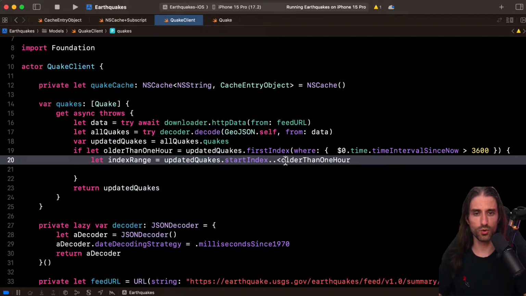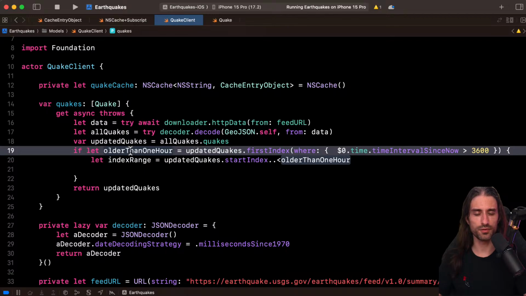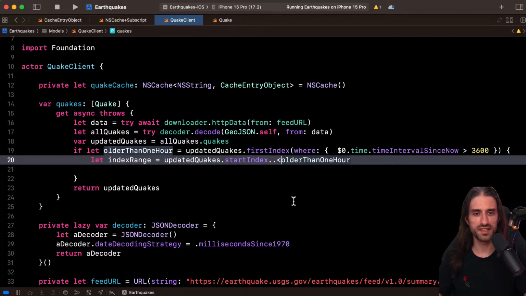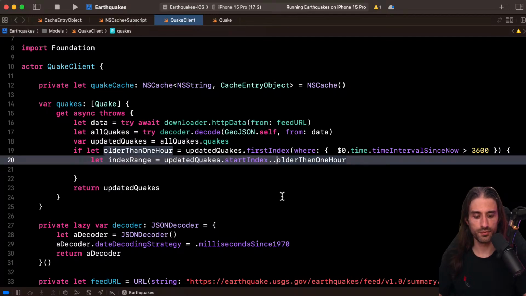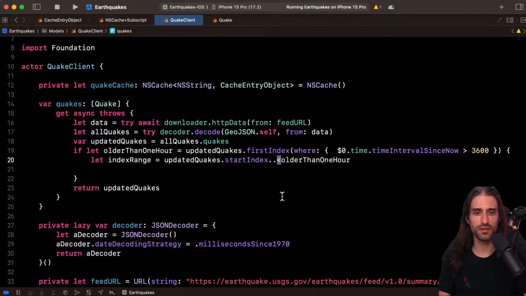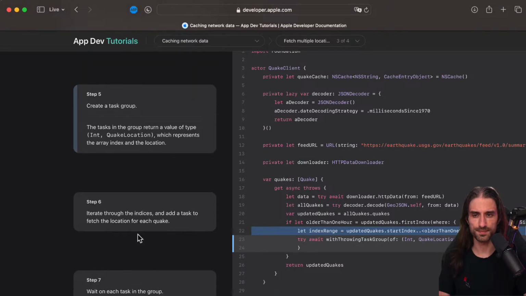But the start index all the way to the index of the first item whose time since now is greater than 1 hour, and you can see that we use less than, so it means that this is not included in the range. If we had done this, it would have been included, but this one makes it not included in the range.